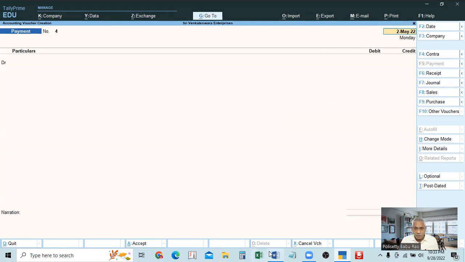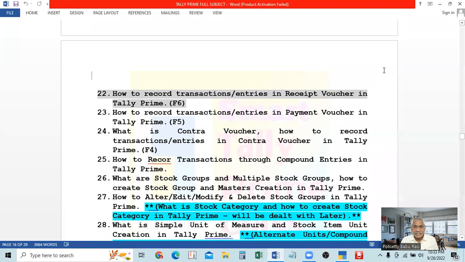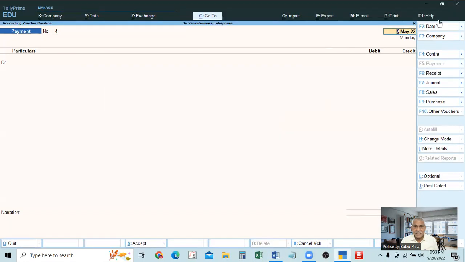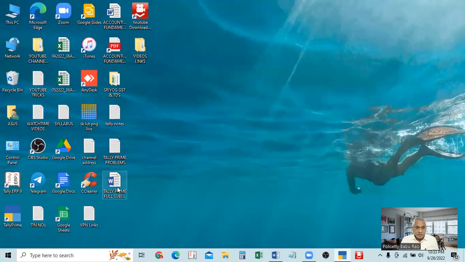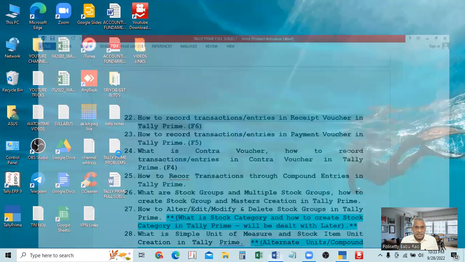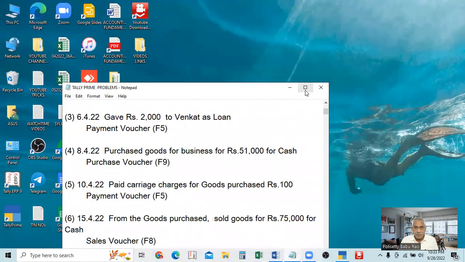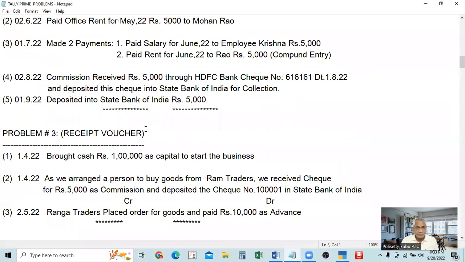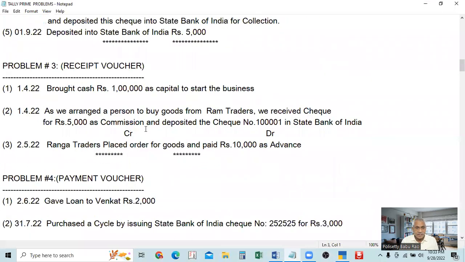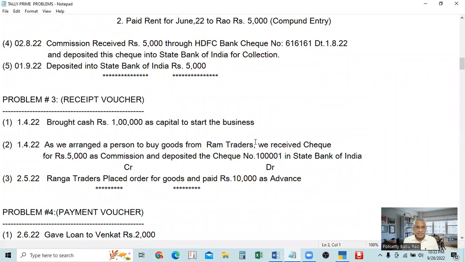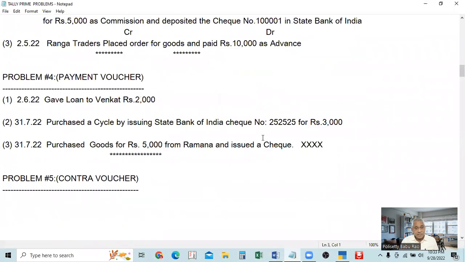So now we'll take up some transactions. See, already we did some problems yesterday for the receipt voucher. So now for the payment voucher. See here, payment voucher. These are the transactions from the beginning, where we decided which is the correct accounting voucher. In the transactions only I have taken. You see, number one,